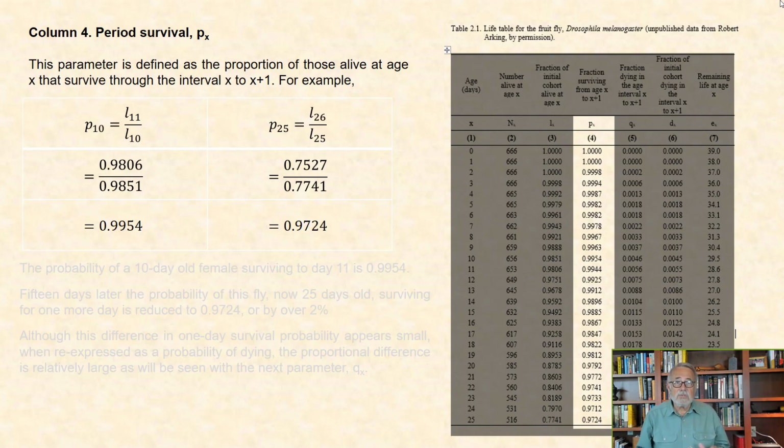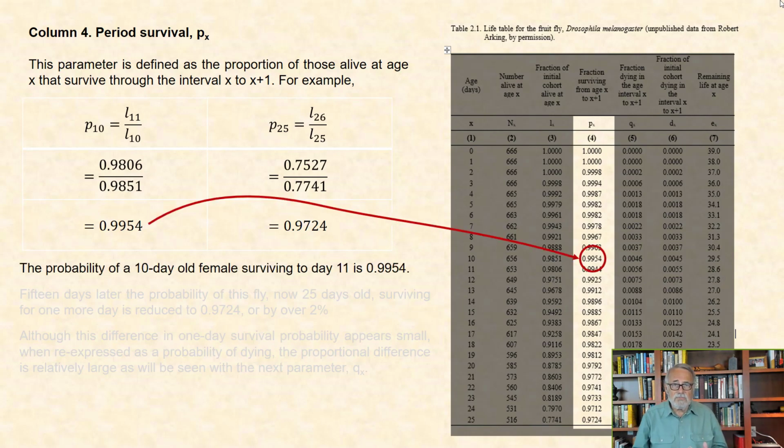L10. Thus, 0.9806 divided by 0.9851 equals 0.9954. Similarly, P25 is the dividend of L26 and L25, which yields a value of 0.9724. Thus, the probability of a 10-day-old female surviving to age 11 is